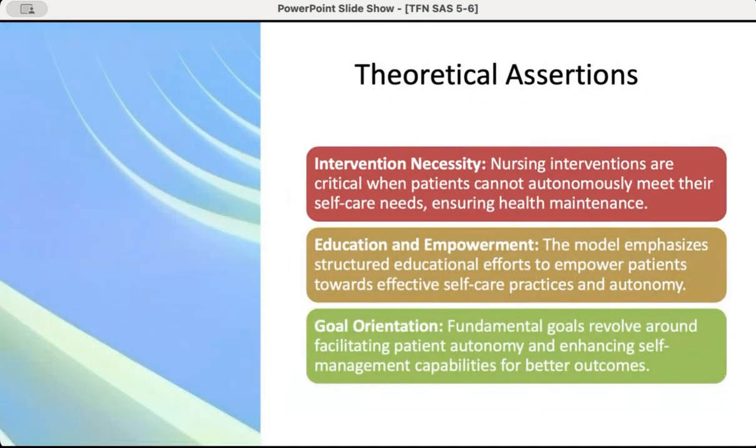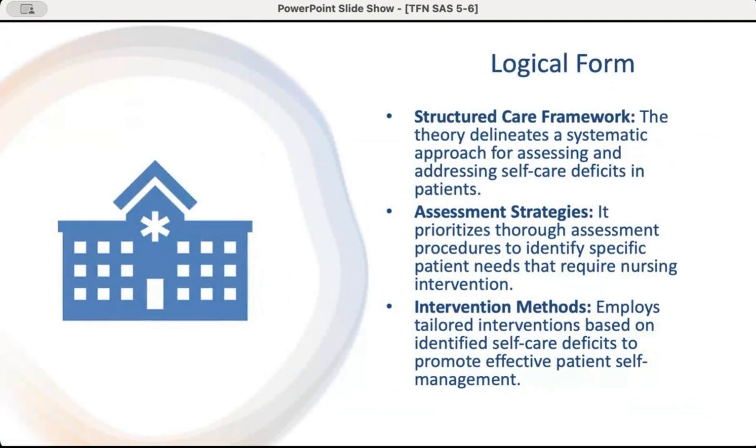implementation. So nursing interventions are critical when patients cannot autonomously meet their self-care needs, ensuring health maintenance. At the same time, the model emphasizes structured educational effort to empower patients towards effective self-care practice and autonomy. And the fundamental goal revolves around facilitating patient autonomy and enhancing self-management capabilities for better outcomes. So it's logical that the theory